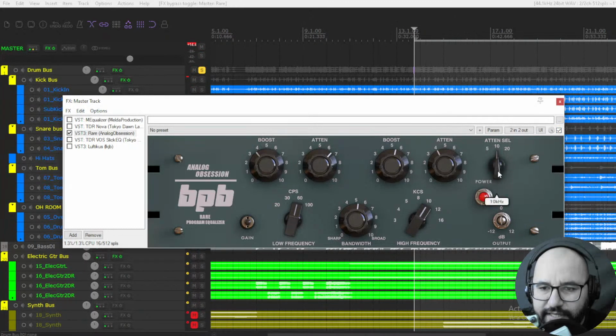By the way, you can select here the attenuation frequency range. For instance, I selected the same as the boost here. And you have an output here just to compensate.